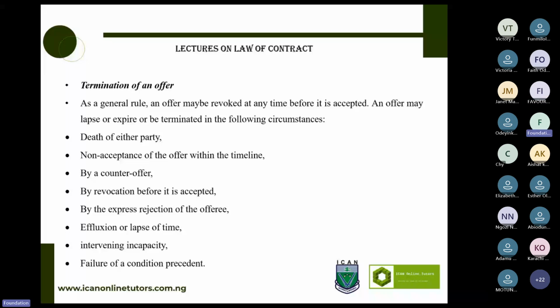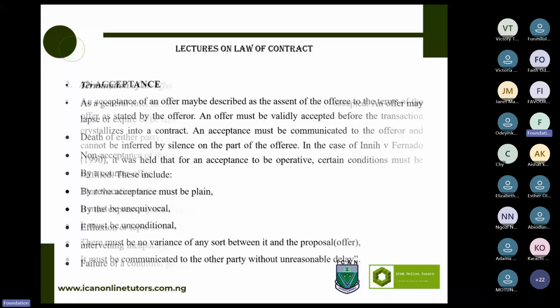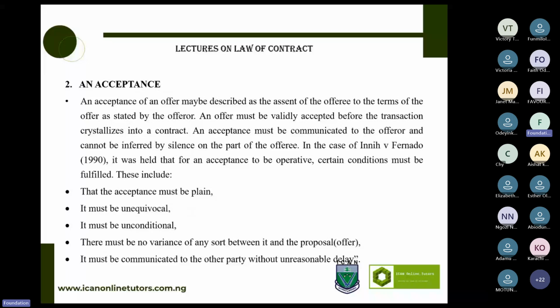So I was to say that for today's lecture, I'll be ending it here under acceptance, so we can have more time to study and prepare for the next class. Now, acceptance I've explained itself because we've been using the word acceptance since. And I've used a common language for the premise. You ask a woman out and she tells you, I'm okay, I'm happy. Now we are okay. Now, valid acceptance crystallizes into a contract. So without acceptance, there's nothing like contract. That is the first phase of contract. There must be an acceptance.